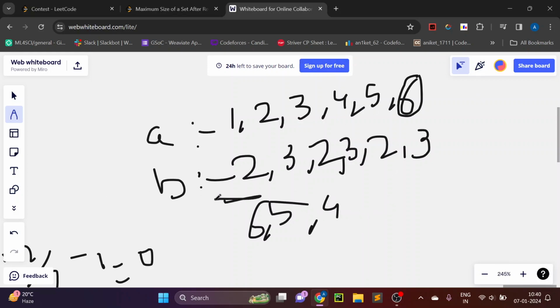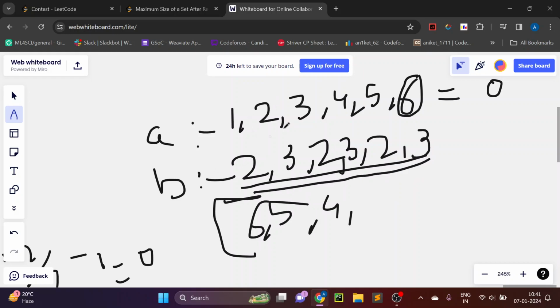So we inserted 6 5 4, and then this counter becomes 0. Now we cannot insert any element from this array. Now we will check if there are possible elements in B which are present in only B but not in A. So there are no possible elements here because 2 is present in this array A